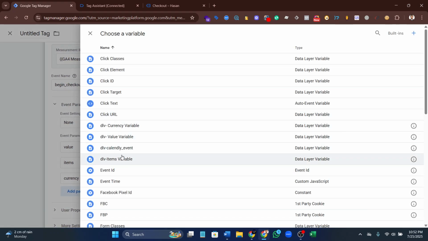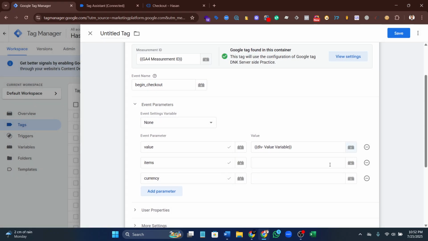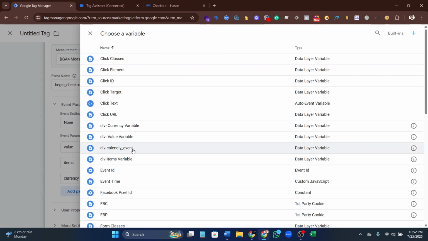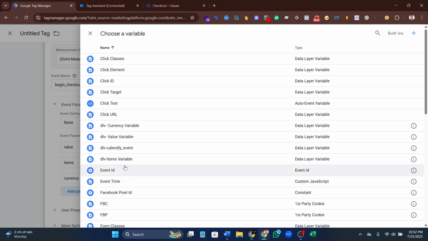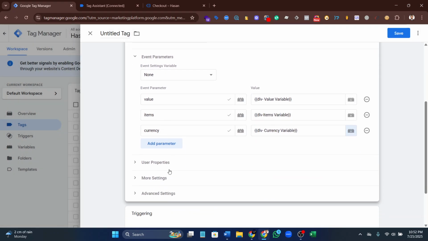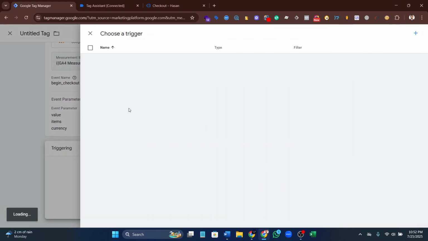Just add the parameters. First one is value, second one items, and last one currency. Now trigger,